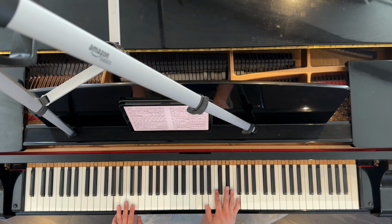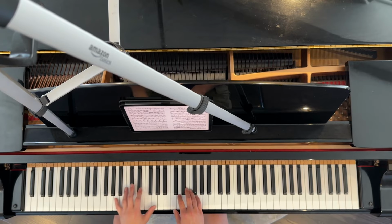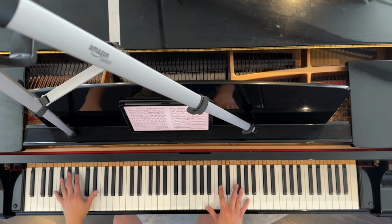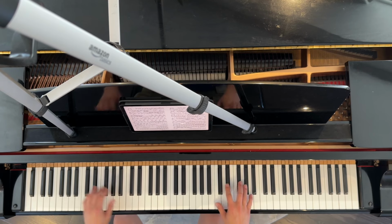And then now I'm at measure 61. Right, so here it's da da da da da da da da da da. 1, 2, 3, 1, 2, 3, 1, 2, 3, 1, 2, 3. Right, so just that's on counting. Just like this. 1, 2, 3, 1, 2, 3, 4. Right? And for this part,